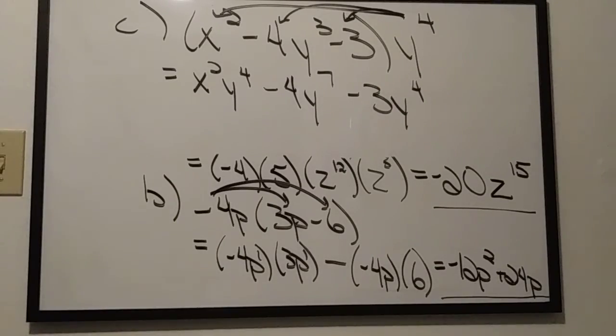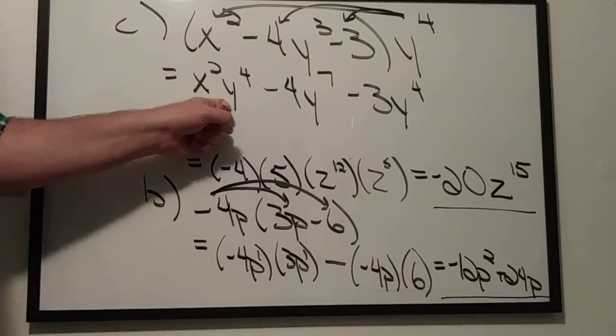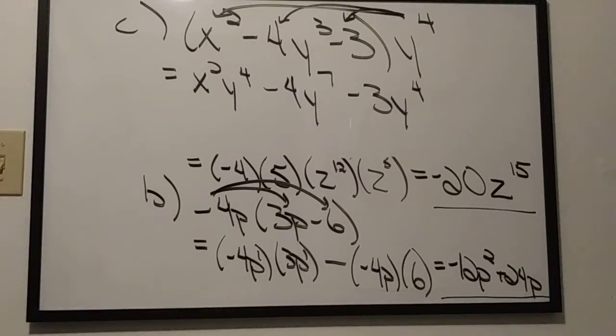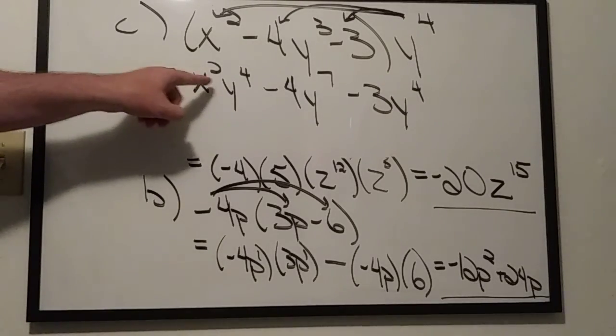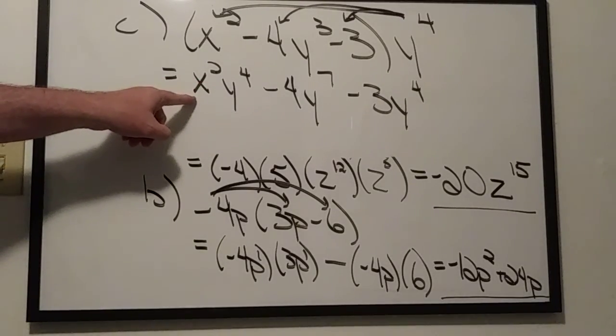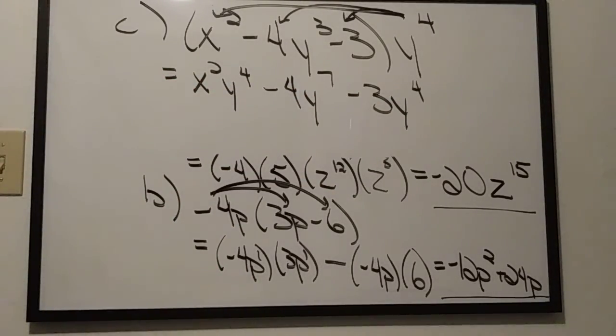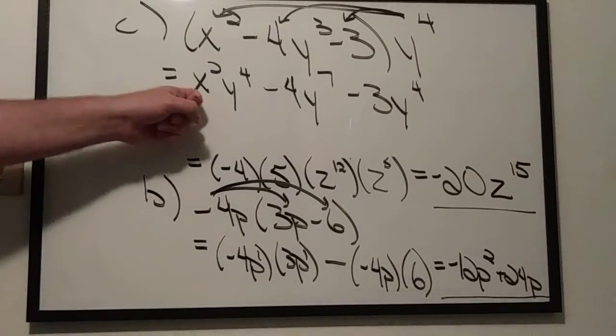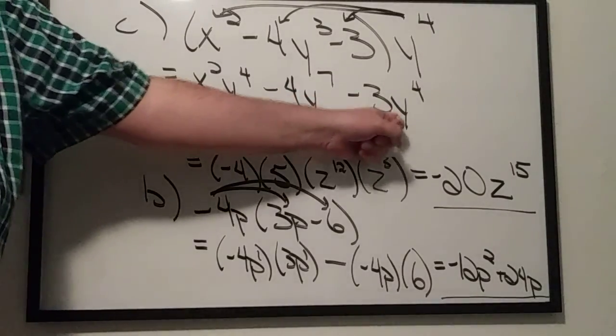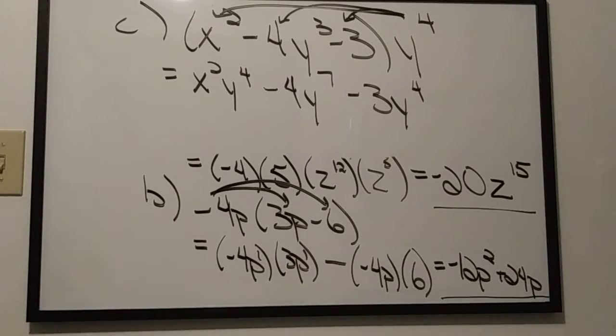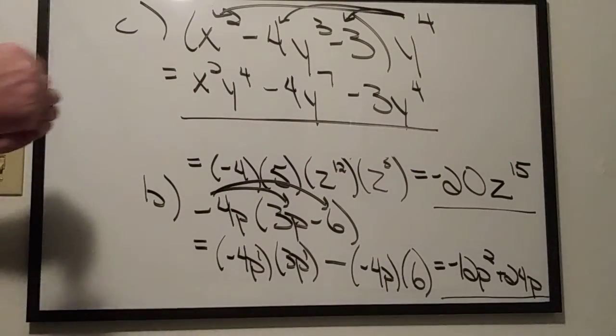Now, you might be tempted to say that this term has a y to the fourth and this term has a y to the fourth, so those are like terms, but in fact they are not, because this term not only has a y to the fourth, but it also has an x squared. So when I look at this one, I have the y to the fourth, but I don't have the x squared. So I can only combine things if all of the variables are exactly the same with exactly the same power. So since I don't have an x squared in both places, I can't combine those 2 terms. So in fact, I'm done with this particular problem because there's nothing else that I can do